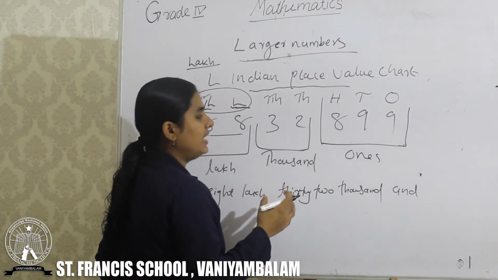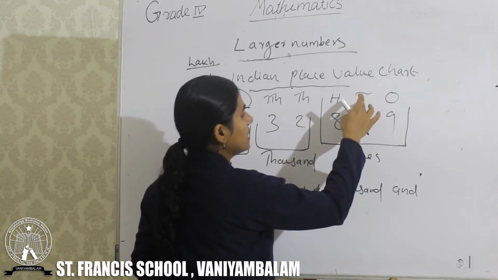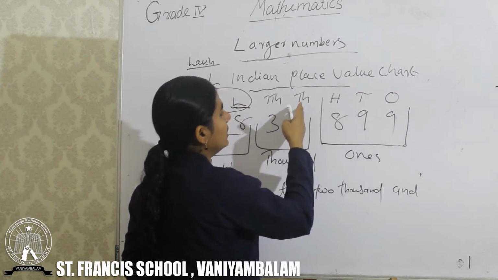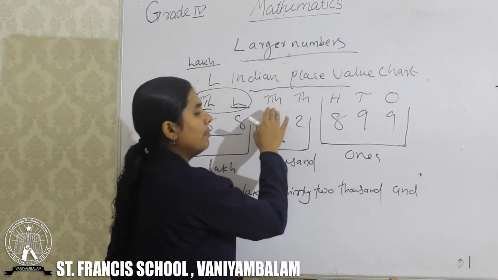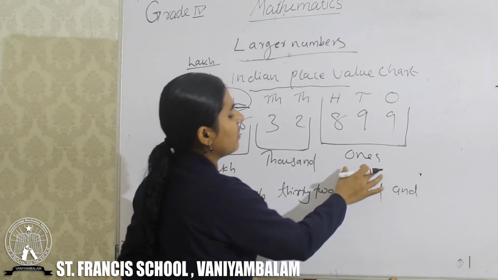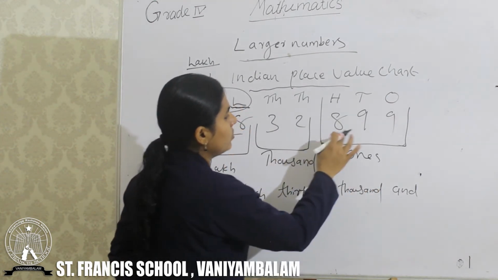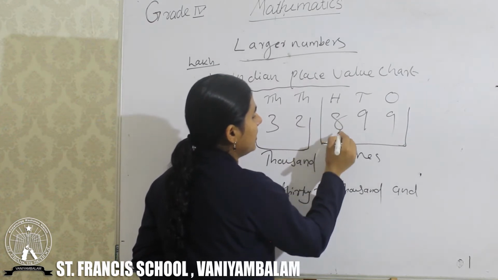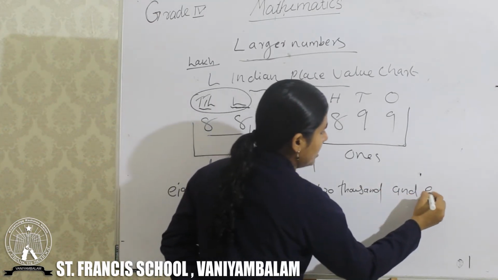In a 5-digit number we can separate ones and tens, 100 is another, then 1000 and 10,000 together. But here we take 100, tens and ones together. That is in the ones family. Then how to read this number? In the 100 place we have which number? 8. That means 800.